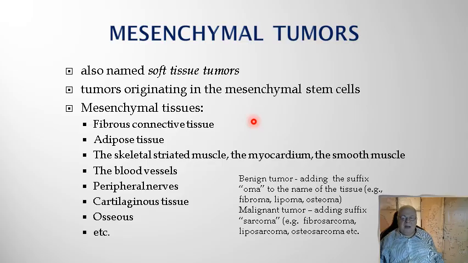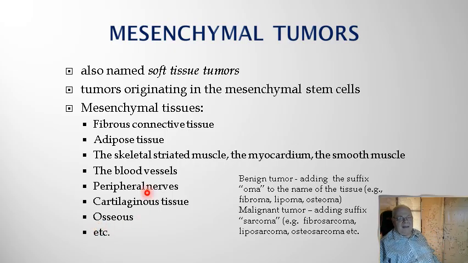We have a sort of Bible for us, a book so thick called Soft Tissue Tumors. It's obviously what's inside, discussing only these tumors and nothing else, because there are a lot of entities, as I said, much more than you can even imagine. But different tumors come from fibrous tissue, adipose tissue, muscles of both kinds, blood vessels, peripheral nerve, cartilaginous tissue, osseous tissue, each generating different tumors.